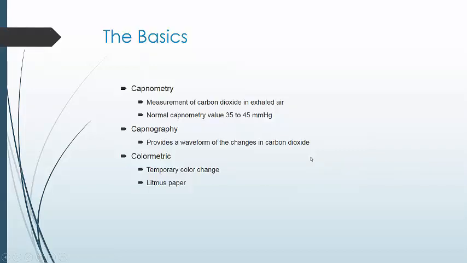Capnography overview. Capnography is oftentimes used as a collective term for several different aspects. Capnometry is the actual measurement of carbon dioxide in exhaled air, and that's a number. Your normal values there are going to be 35 to 45 millimeters of mercury. Capnography is an actual waveform of those changes in the carbon dioxide that has several different parts that we'll talk about. And then they also use it to refer to colorimetric, which is just basically a litmus paper,